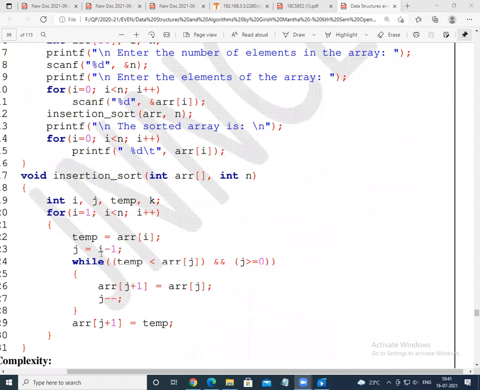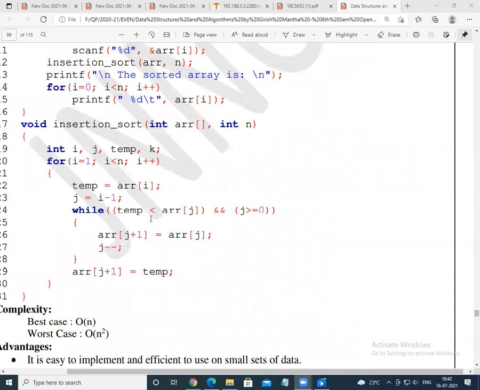Now for the comparison, on the left hand side of the sorted array, that is the green part, it will initialize one more variable, j equals i minus 1. Then comes the while loop.